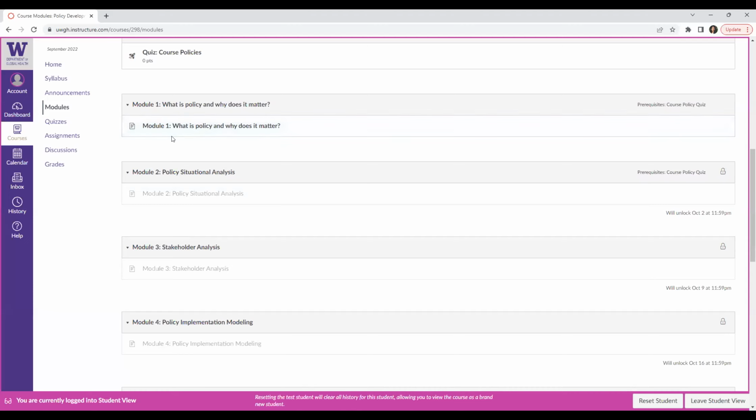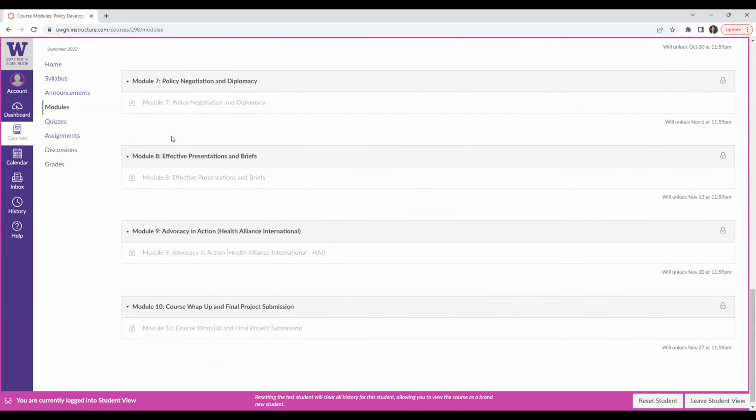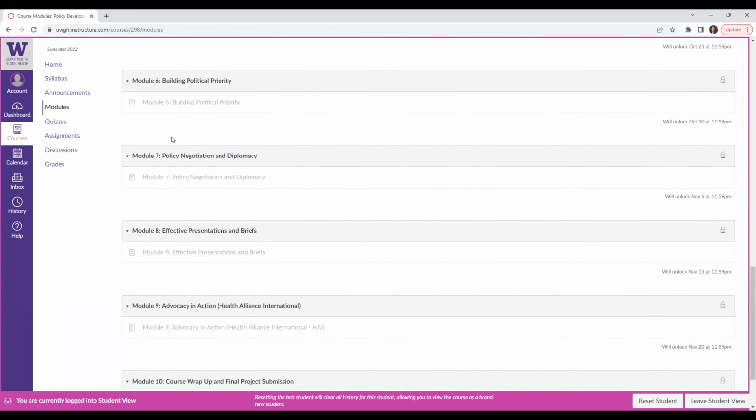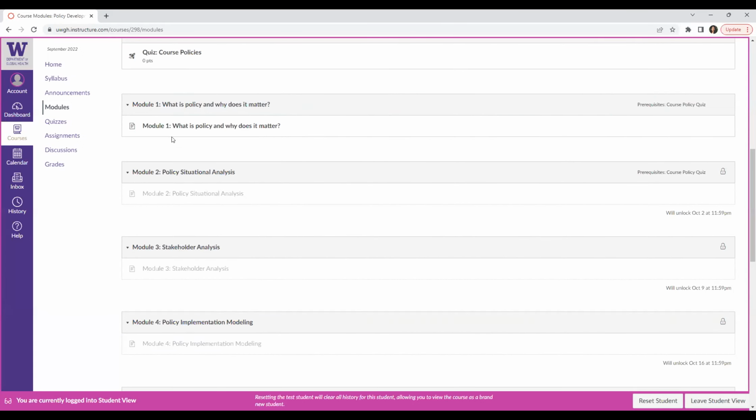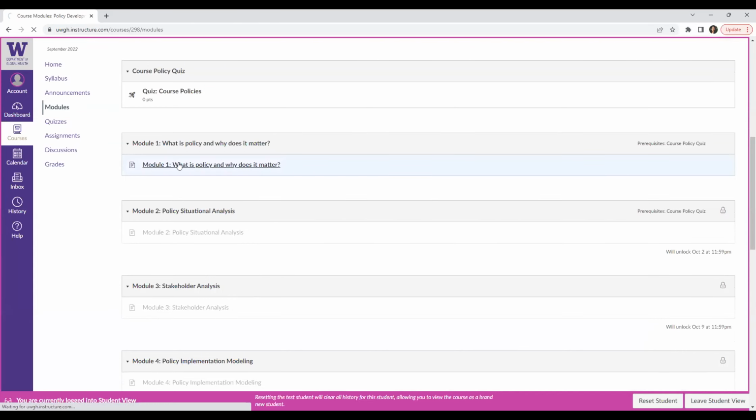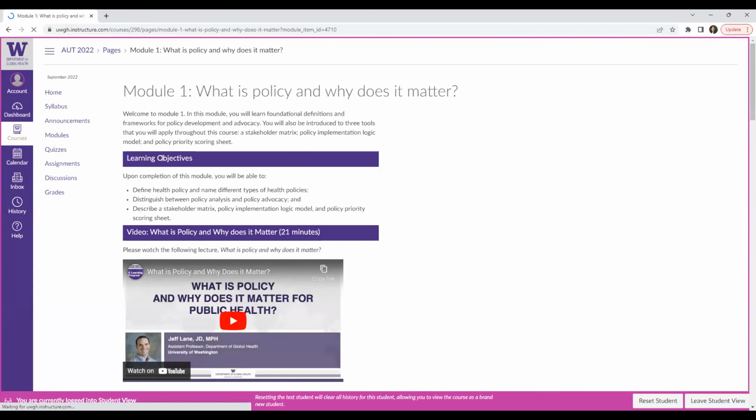We've got modules 1 through 10 listed here, and most of them are grayed out because they unlock on a rolling basis. They will unlock the week before we are scheduled to cover them. So if you want to work ahead in the course, you are welcome to do so. But I did open module 1 so that you can take a look at it